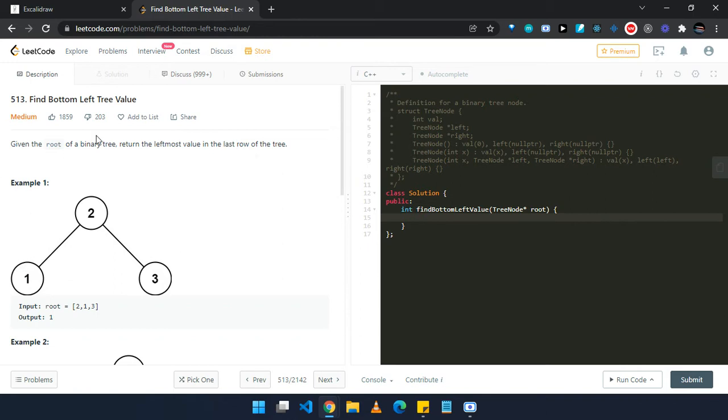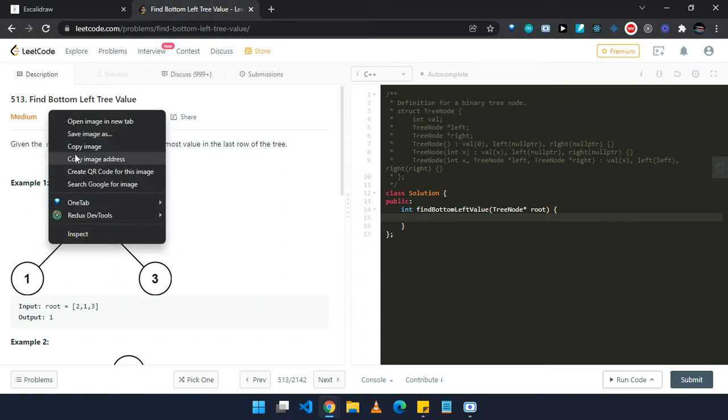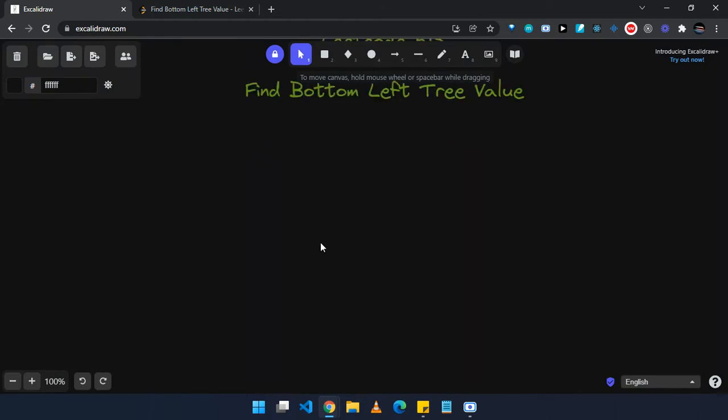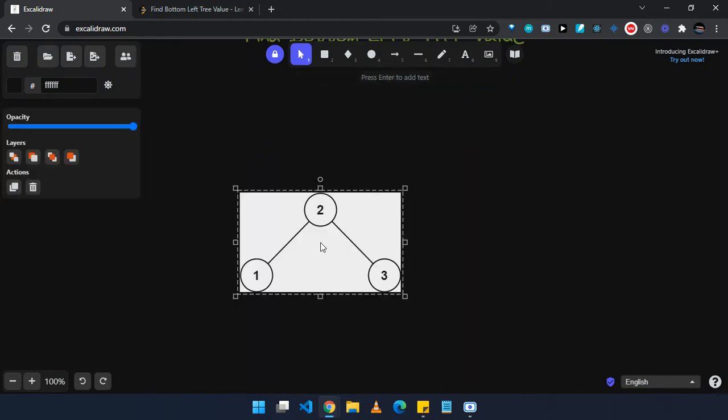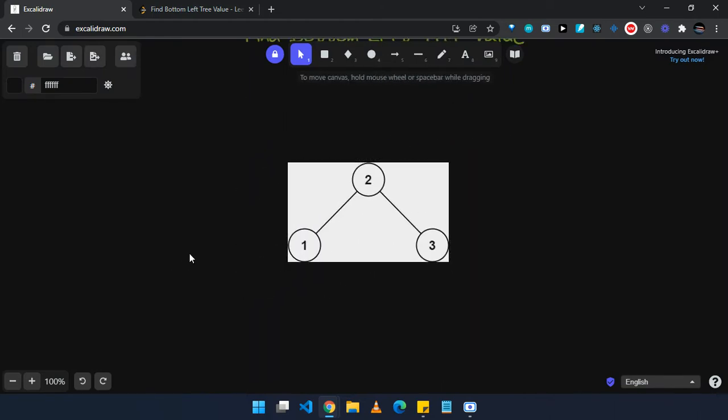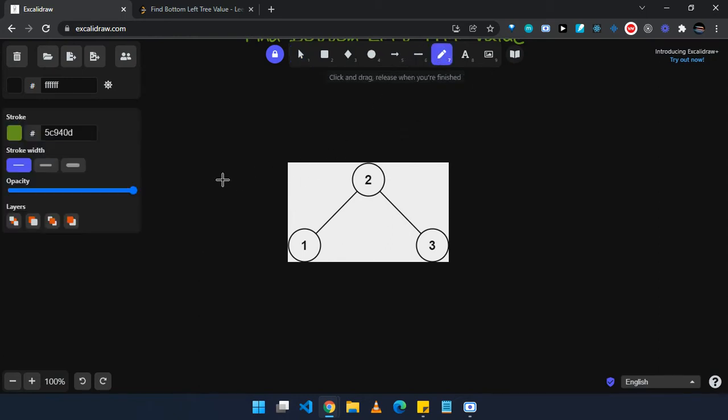So suppose we are given this tree and we need to find the leftmost. The very first thing you see here is we can do a level order traversal. We will visit all the nodes in this level, then the second level, and so on.